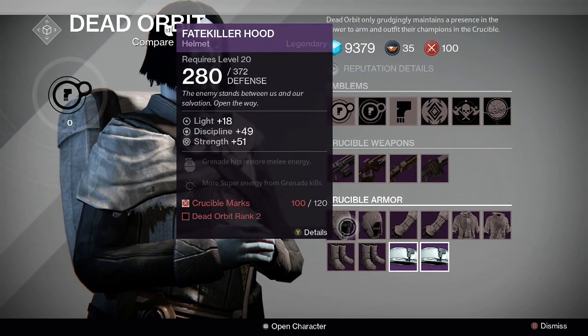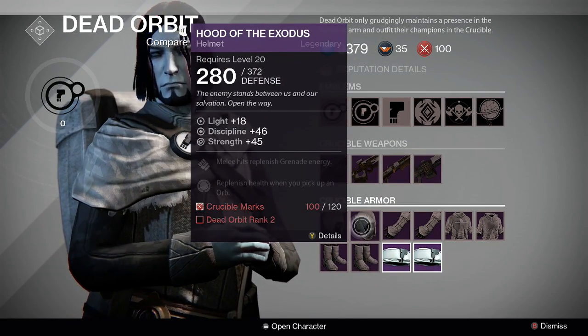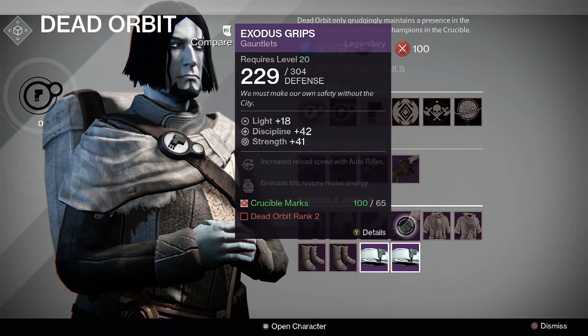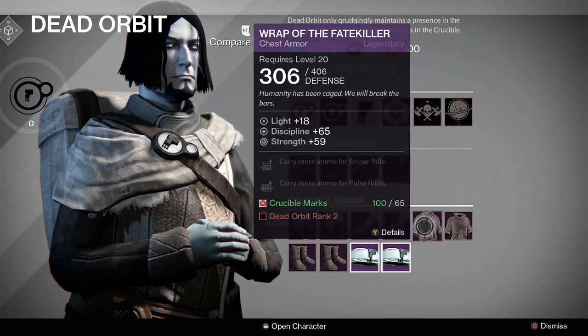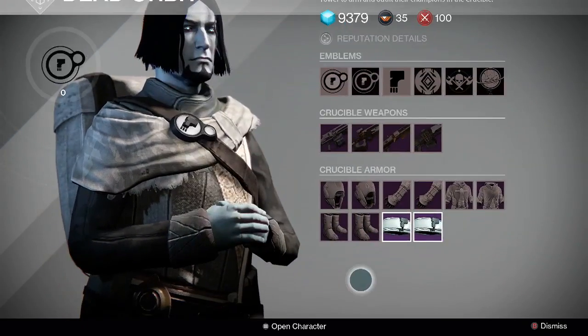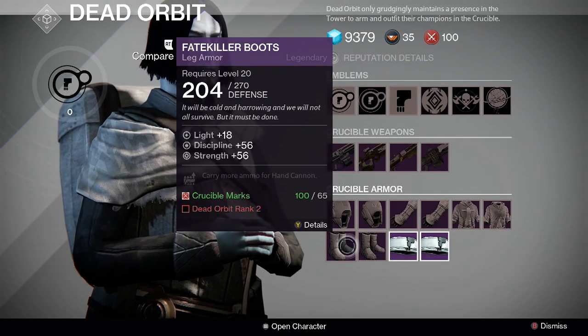And then here's their gear. So this one's a discipline strength. I don't find that very helpful on my warlock, to have a faster grenade and faster melee. I'd rather have a faster super. So that's why I go after intellect the most. I'm not against having a faster melee, especially if I'm in Sunsinger, but